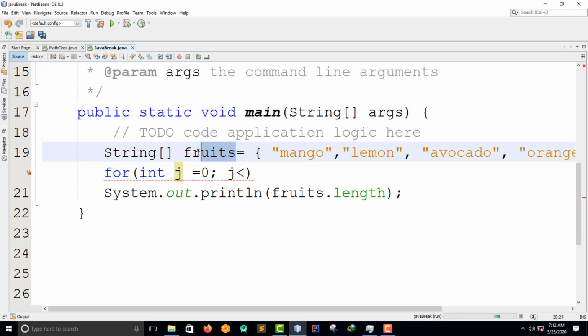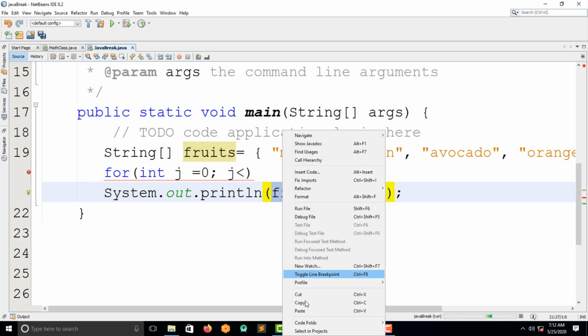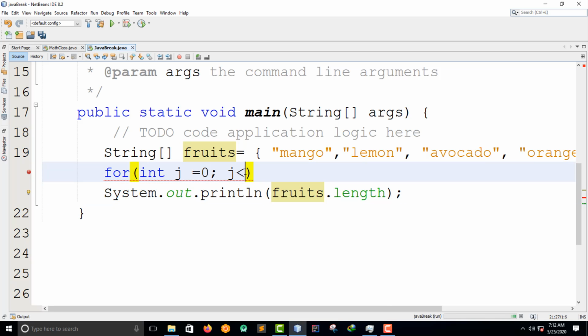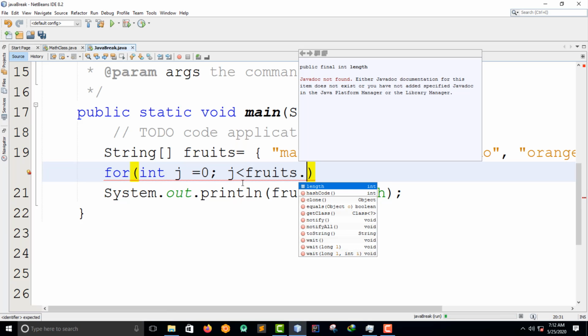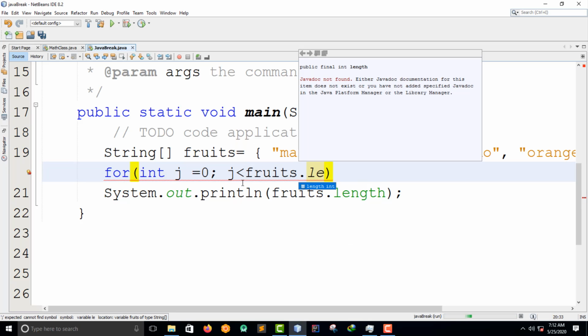Fruits. Okay, you're trying to show me that they already have something down here. So in this, I will just paste, and then I say fruits dot length.